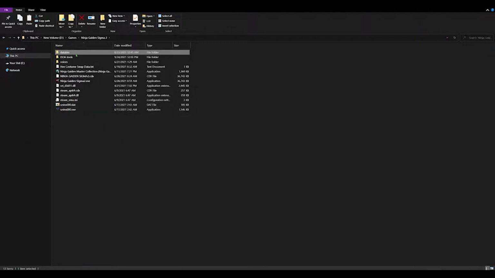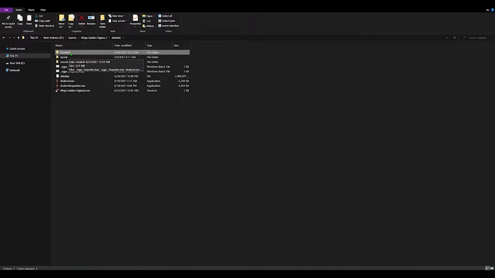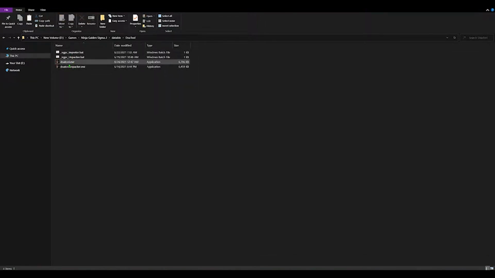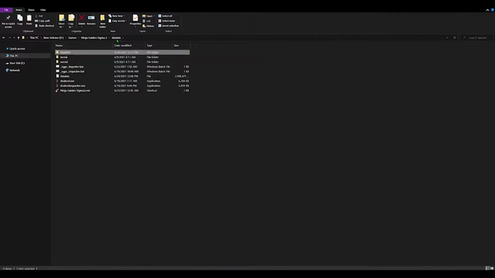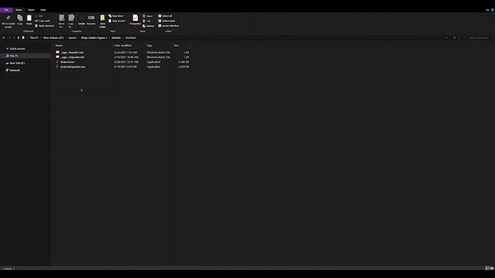What you're going to do is download them, open up your Databin folder, and make a new folder called DOA tool, exactly as written here. You're going to put doatool.exe and doatoolunpacker.exe, along with the importer and unpacker, inside this DOA tool folder. I'm not too sure if these need to be here, but I put them here just in case, along with this. As long as you have a DOA tool folder where your Databin is,